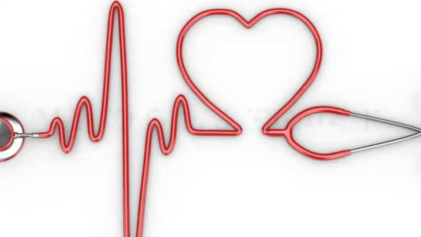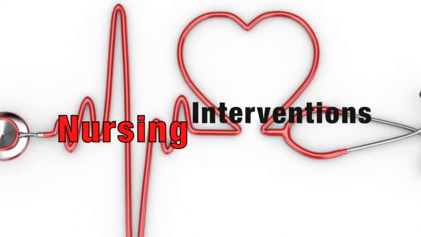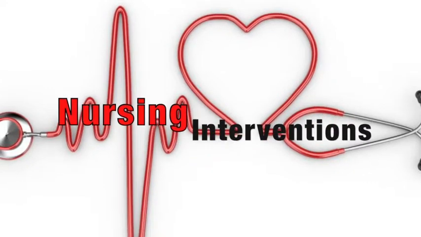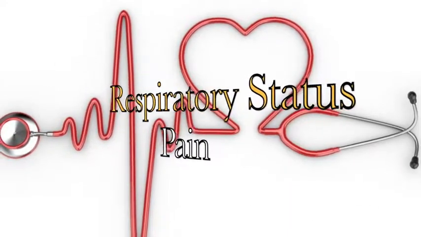Sickle cell anemia is a genetic blood disorder caused by an abnormal shape of the red blood cell. The priority nursing diagnosis for sickle cell anemia is impaired gas exchange. A few nursing interventions would be to monitor the patient's respiratory status, evaluate and manage the patient's level of pain,